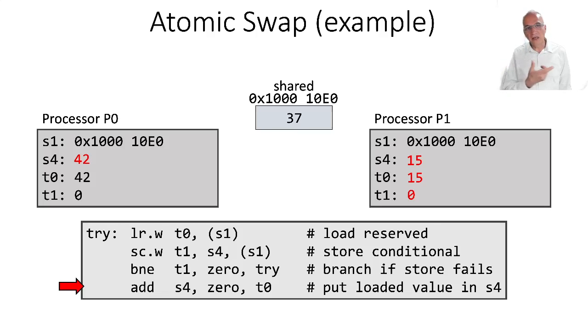And you can note that in this exchange, what has happened is that the value 15 that was in memory ended up in P1. The 37 that was in P1 went to the memory, and the 42 that was in the memory went to the processor P0. So this illustration is not exactly like the semaphore that we illustrated in the beginning,